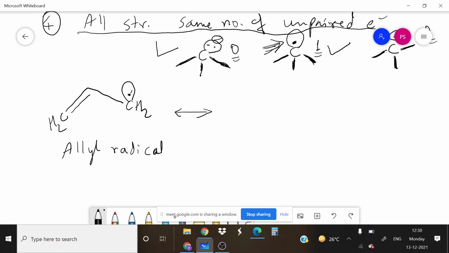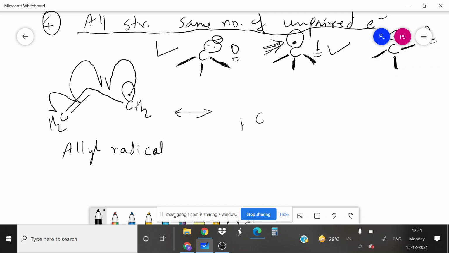Of course, one electron is on the right hand side carbon. So I am going to use a half-headed arrow, because one electron is moving. We should use a half-headed arrow or fish hook arrow. One electron moves to the left hand side carbon, because one bond comprises two electrons. One bond means one bond pair, and one bond pair means two electrons. So one electron shifts in between the right hand side bond, and one electron shifts to the left hand side carbon.